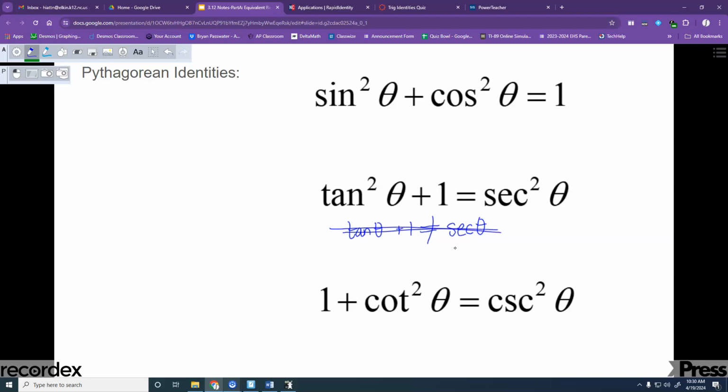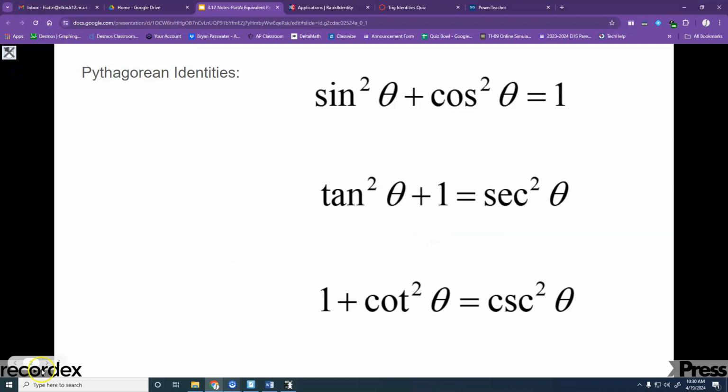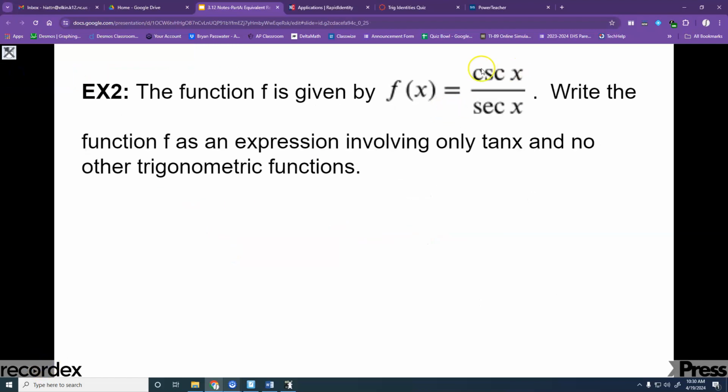So we cannot do this. Pythagorean identities are not going to help us out on this problem because we don't have any squares right here, or at least not yet. There's a chance it could come up, but it's not going to help us out right now. So we're probably going to need to use reciprocal identities. And a really good strategy is trying to change everything to just sines and cosines. So for our f of x right here,